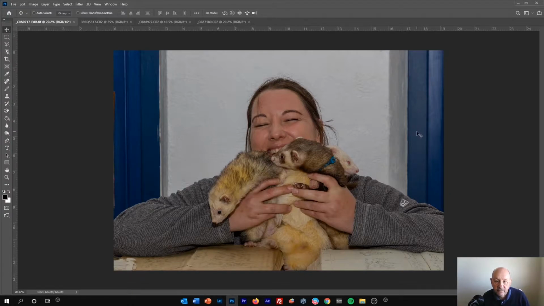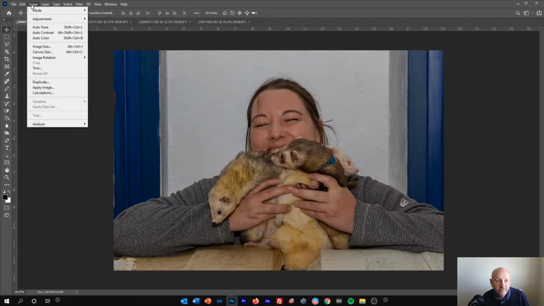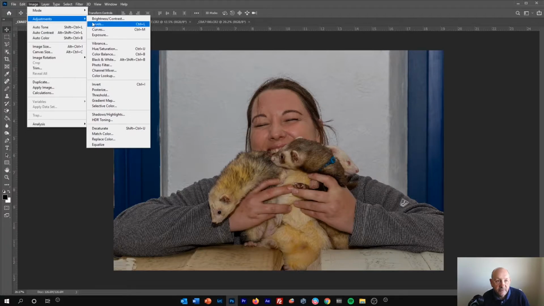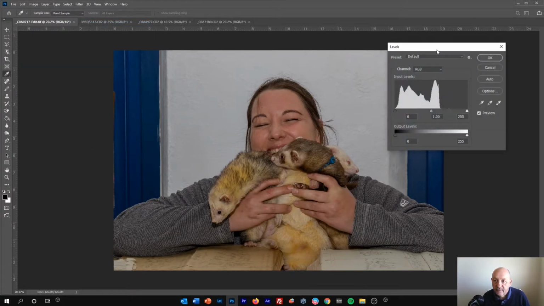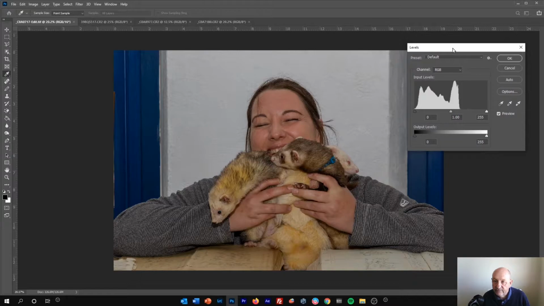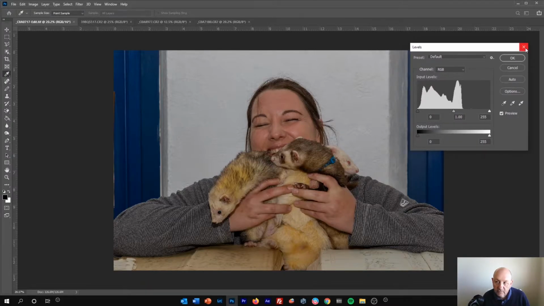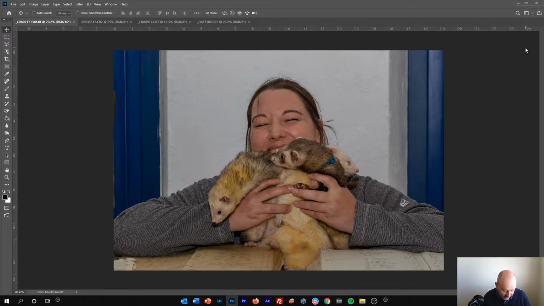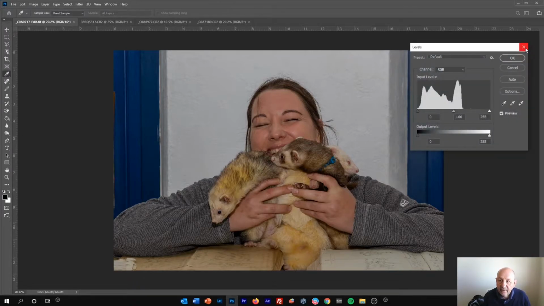to use the levels slider, the levels tool. So to get to that, I go into Image, Adjustments, Levels, and there's the Levels tool. We can also use Control and L on the keyboard, and that brings up the tool. Now,